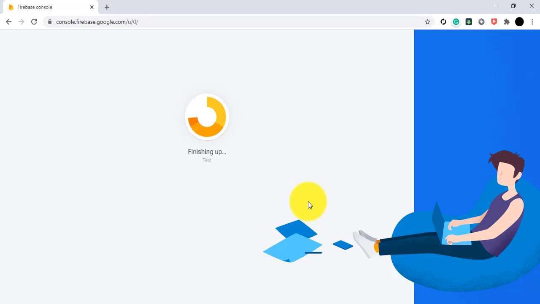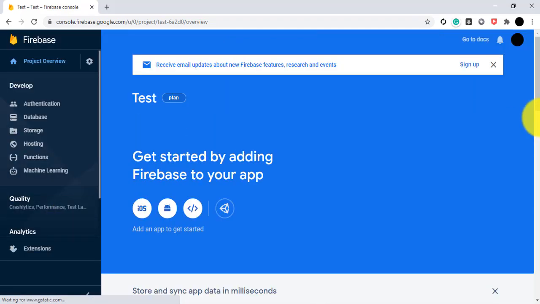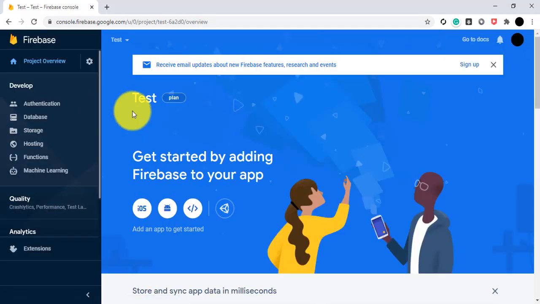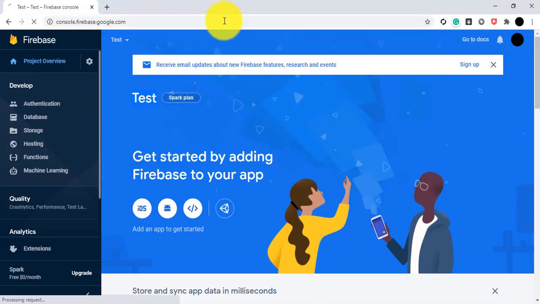Let's wait for it to display. Now your project is ready. Click on continue, and after continuing you see the project name shown here. Like this you will find the project after creating it in the Firebase console.